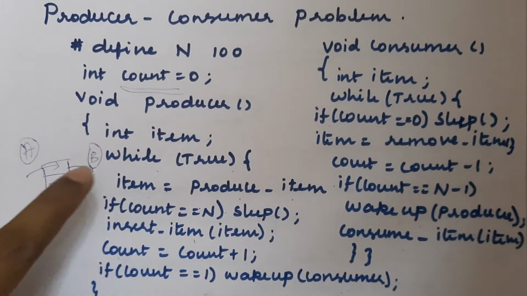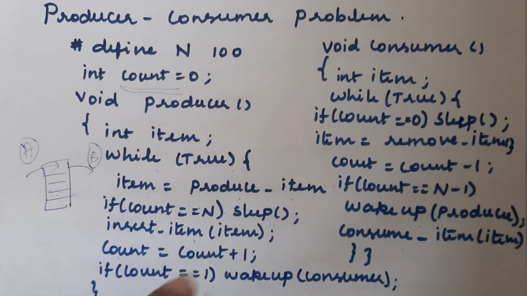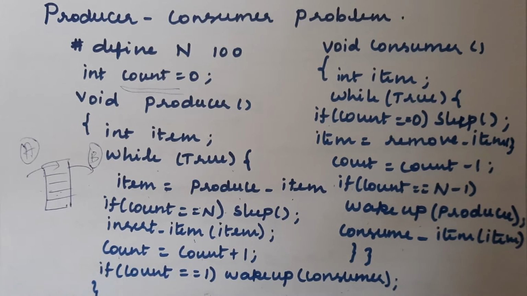Suppose after checking the condition, before going to the sleep operation, your scheduler stops executing the producer process and executes the consumer process. What happens there? We are getting the race condition, right? So if there are any changes in the order of execution, it will not produce the final outcome properly, we will not get the output at all, right? So that is what a race condition is.